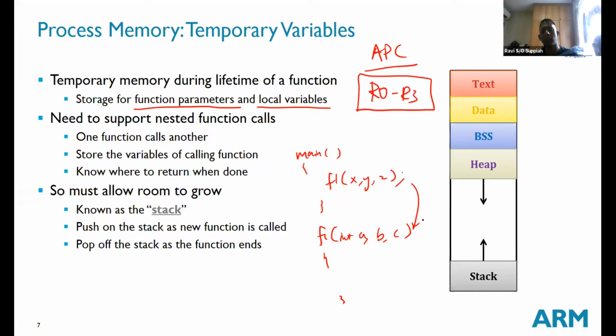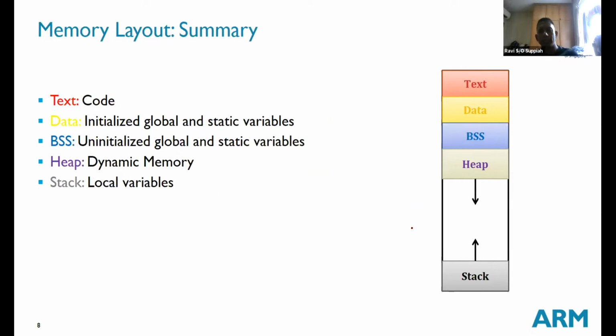So again, this is for optimization. You want to save space, so you want to save time, because pushing onto the stack and popping from the stack takes time, whereas storing into a register and retrieving from a register is a lot faster. Again, this is specific to ARM. If you switch to Intel or Motorola or any other processor, things will change. So in general, this is the memory layout, how it looks: for any normal system, you have text, you have data, you have BSS, you have heap,